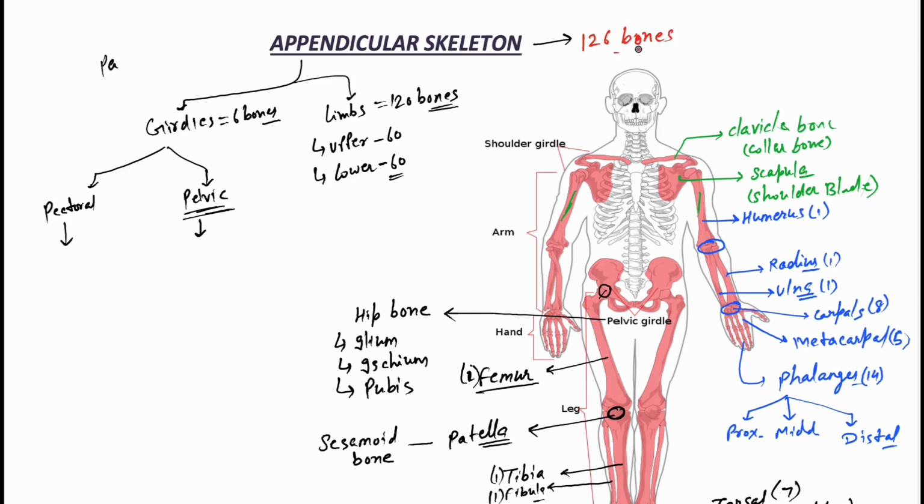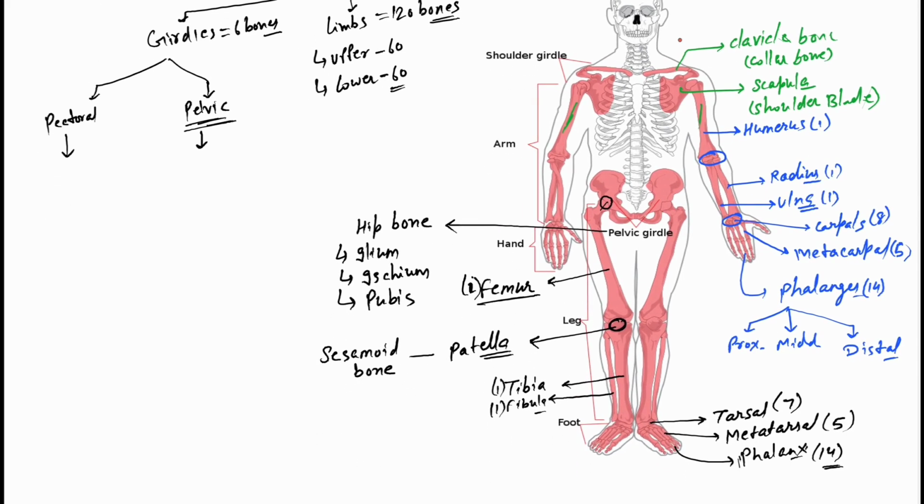So this is the basics of the bones. Let's go into more detail. The pectoral girdle consists of the scapula, which we studied is the shoulder blade, and the clavicle, which is the collarbone. What is the function of the shoulder girdle? It allows greater upper limb mobility. One more thing I want to add: you can see here we have the sternum and we have the clavicle. This one we call the sternoclavicular joint.